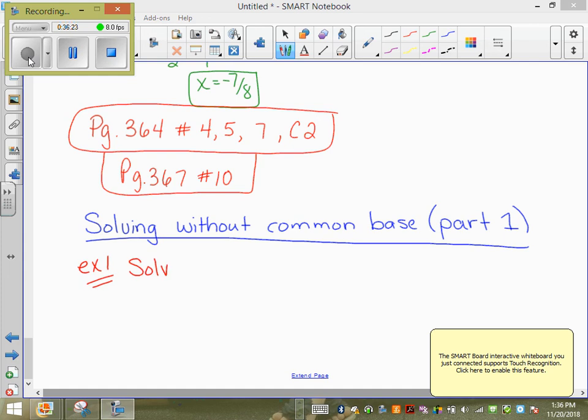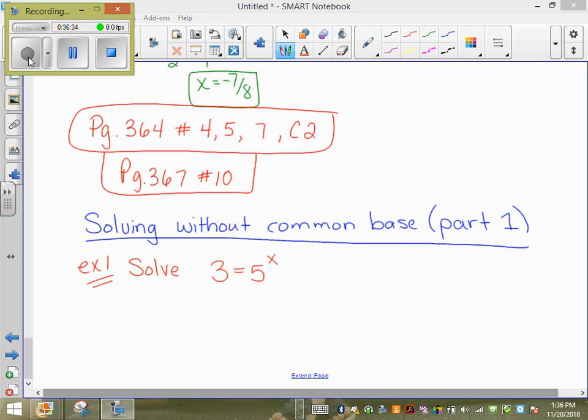Solve 3 equals 5 to the x. Let's do a basic one. The only ones, that's why I said part 1, the only ones we're going to look at right now is if you can't make common base and there's one exponent. If there's 2 exponents, totally different ballgame, which we'll do later. But if there's one exponent, and you cannot find common base,